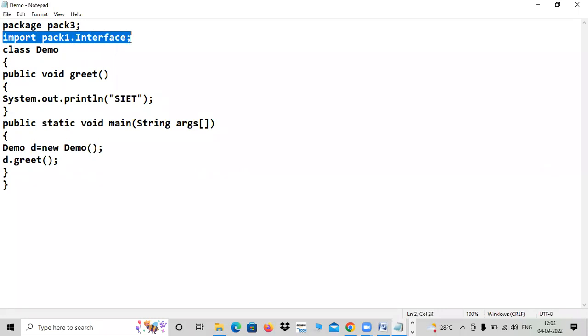I'm importing that. How to import? While importing a user-defined package, don't write java, directly put the package name in which the interface is present. Which package is the interface present in? Pack1. So pack1.interface. And then that unimplemented method, when you are defining it, you have to write public. If you don't write public, it will give an error message, right? And then we display that, and then create an object and invoke that.